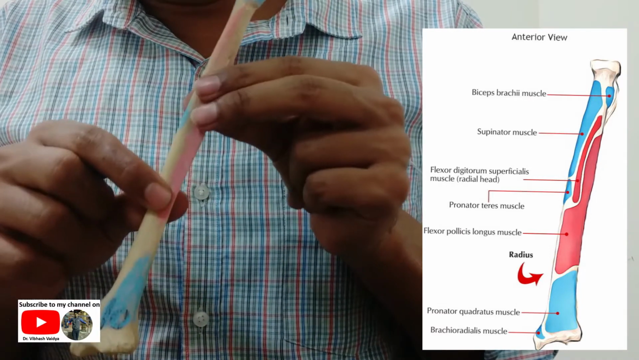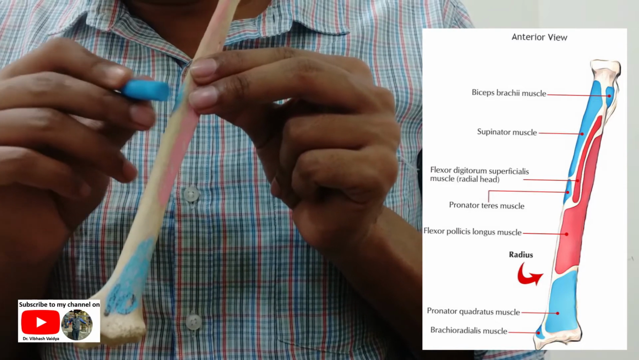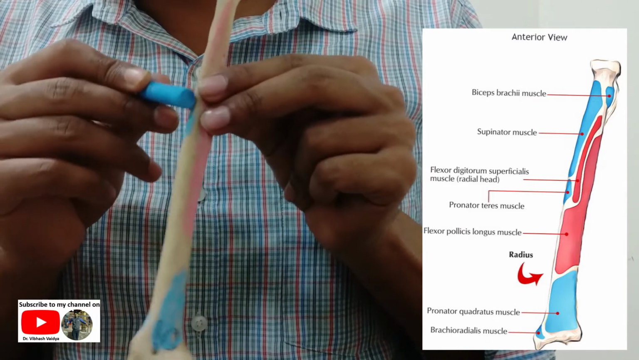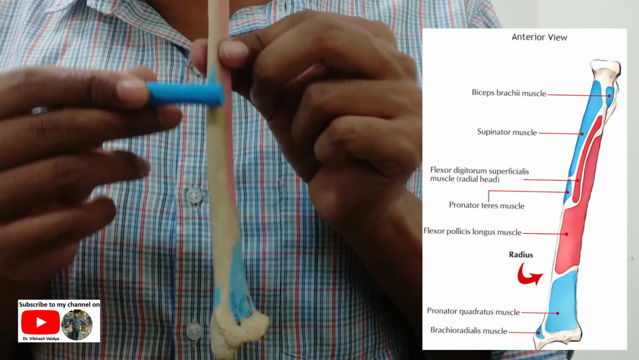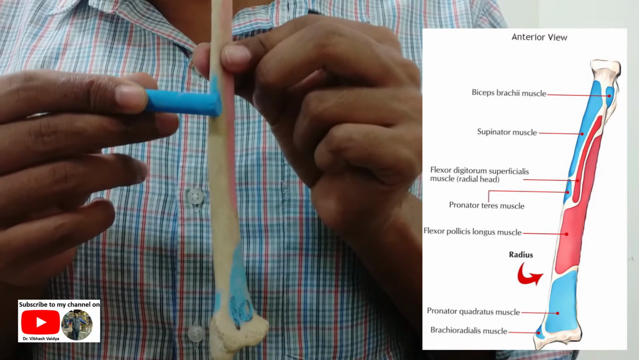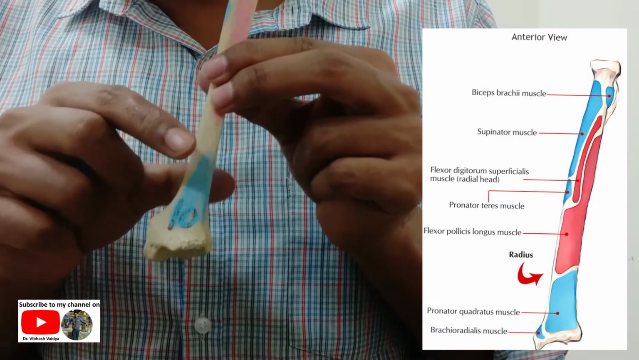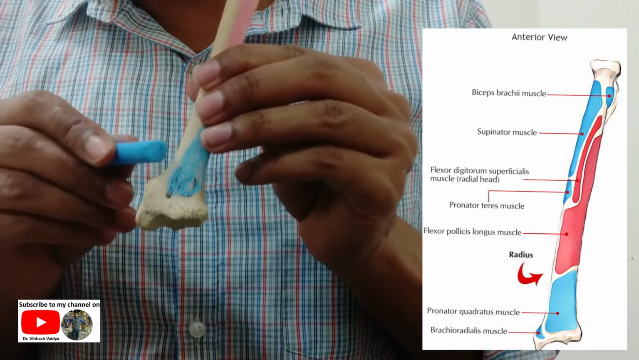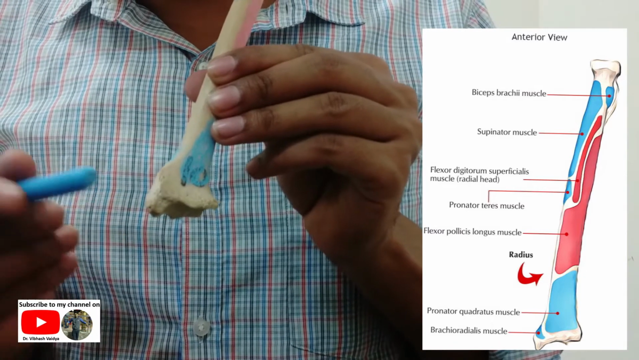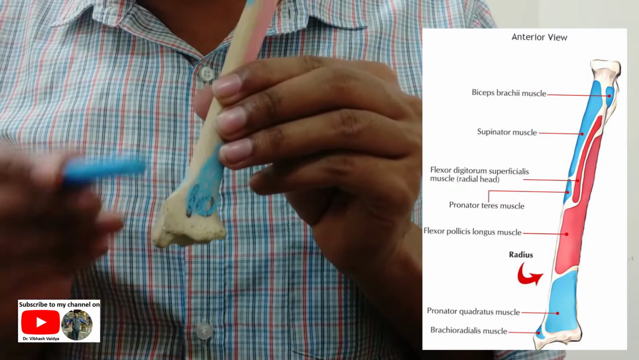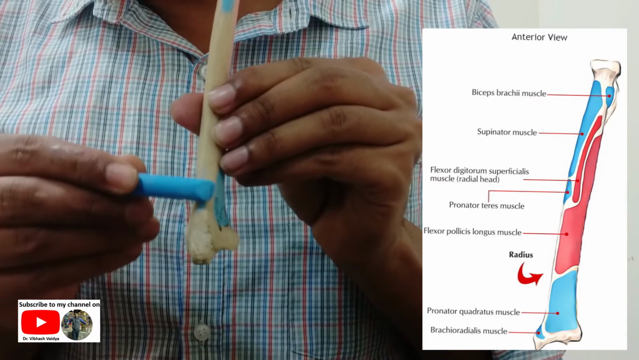Then the pronator teres muscle is inserted into the middle of the lateral surface. Here you can see this part receives the insertion of the pronator teres muscle. Then the brachialis is inserted into the lower part of the lateral surface just above the styloid process. Here we have the styloid process, and just above the styloid process this area receives the insertion of the